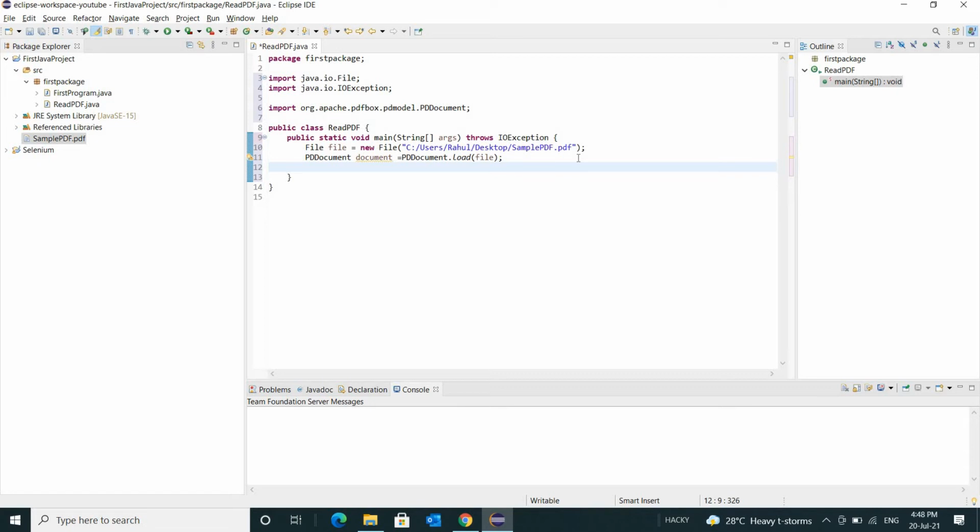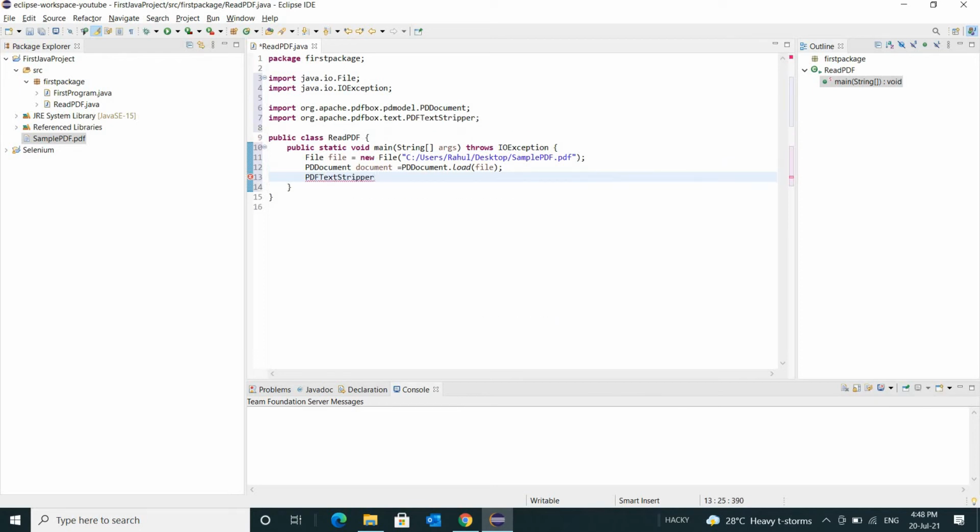After that, we will create an object of PDFTextStripper.